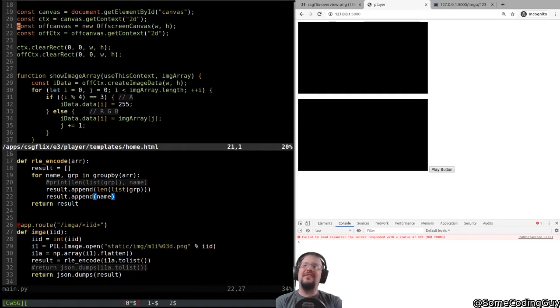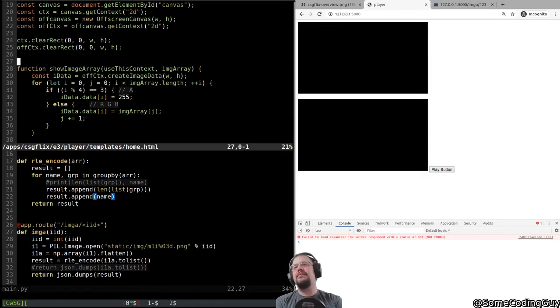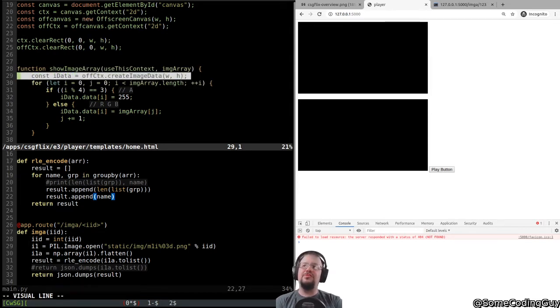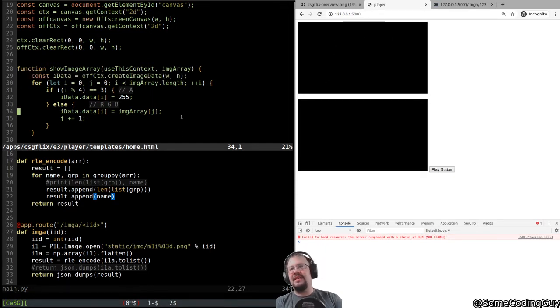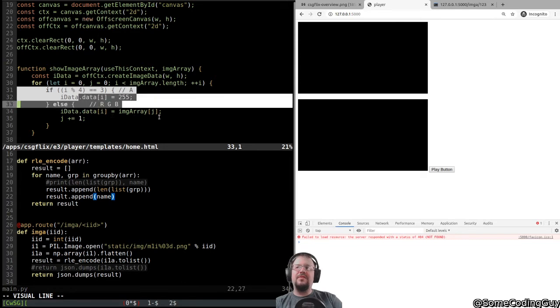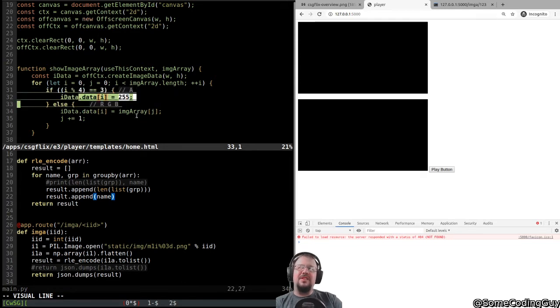So here's the JavaScript we wrote in the last stream, just straight boring JavaScript. And we wrote this function show image array. All it really did, we drew on an off screen. Don't worry about the off screen. Just basically, we're going to draw on this black canvas. And we expanded the format that we got because unfortunately, JavaScript uses red, green, blue, alpha. And our alpha value, we just make it the maximum value, 255,